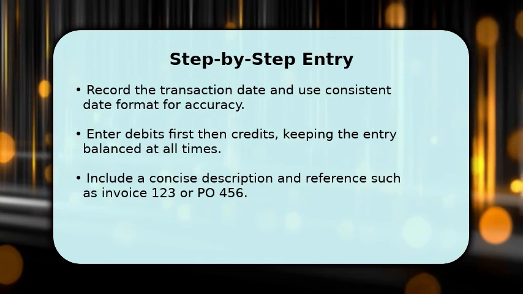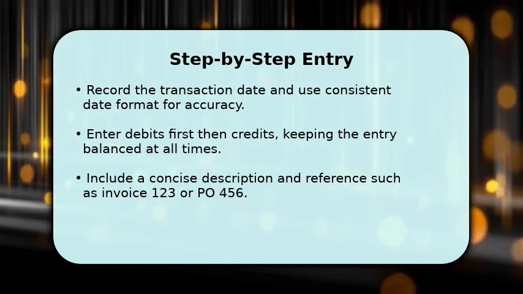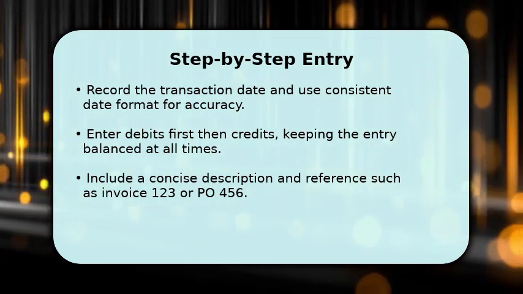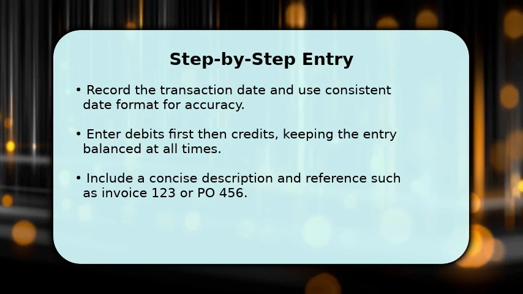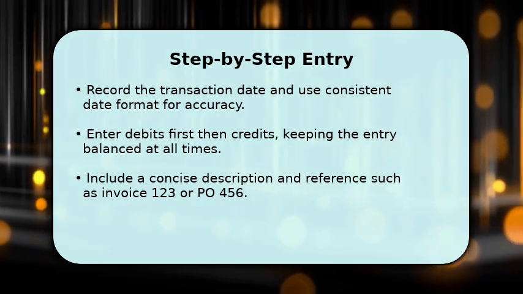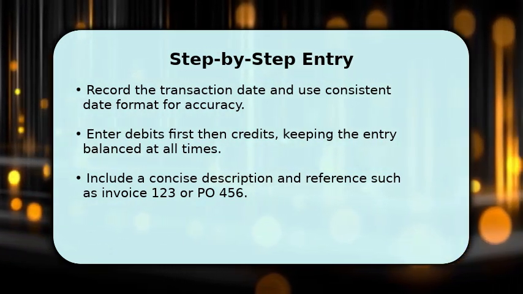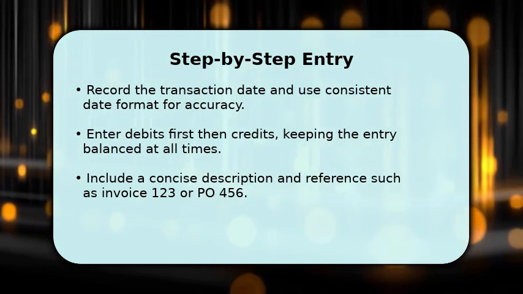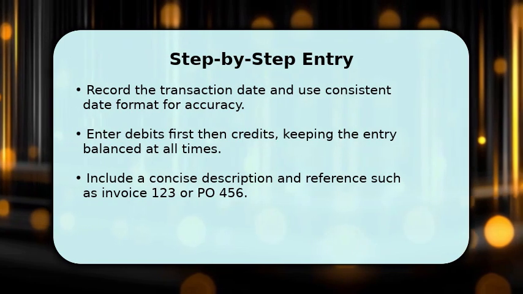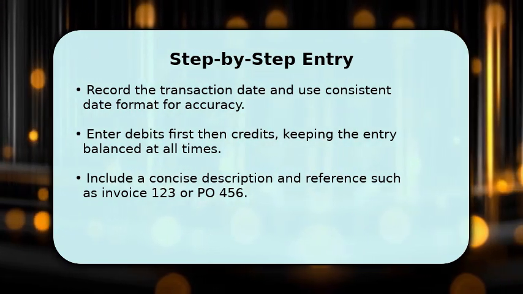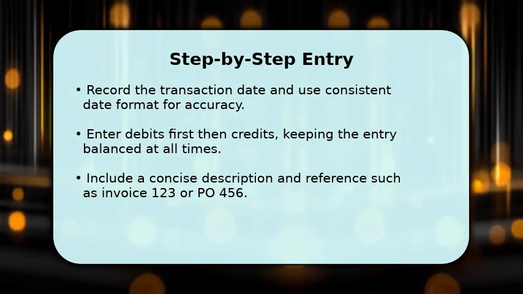Start by choosing the correct date and journal type for the transaction, such as sales or expense. Select the account for the debit, enter the amount, then choose the account for the credit and enter the matching amount. Add a short description and attach any supporting document using the upload feature. Review totals, use memo fields for internal notes, then save and verify the new ledger entry appears in the register